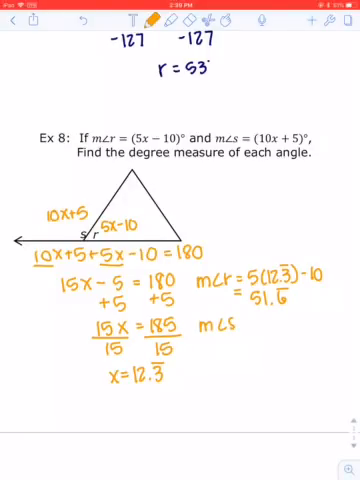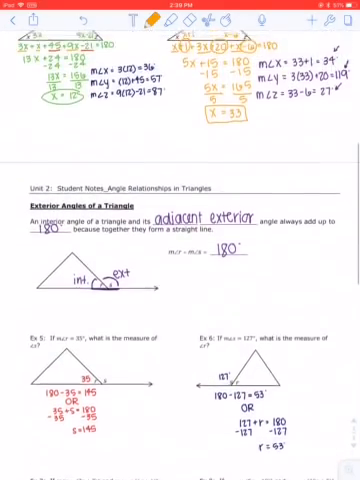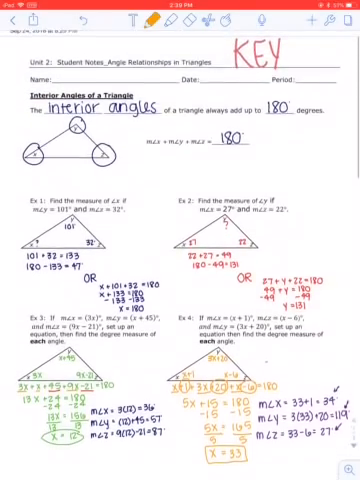Measure of angle S equals 10 times 12.3 repeating plus 5, which when you plug that into your calculator gives you 128.3 repeating. Because of these repeating decimals, if you got near there, I am happy with your work. Please make sure that your notes match mine completely. Take a picture of them, add that to your